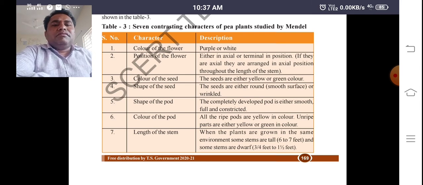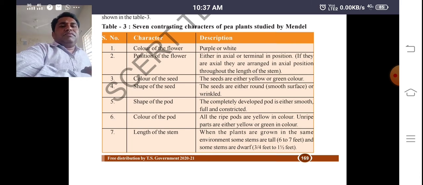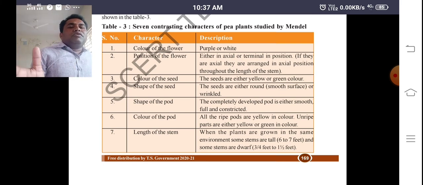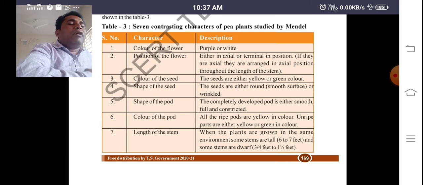సో అదేవిధంగా షేప్ ఆఫ్ ది పాడ్ అంటే మీరు గుర్తుపెట్టుకోండి, ఇక్కడ పాడ్ అంటే ఫ్రూట్. సో ఫ్రూట్ జనరల్గా స్మూత్ సర్ఫేస్ ఉందా లేక మడతలు పడితే ఉందా అనేటువంటిది కూడా. స్మూత్గా అంటే ఎలాంటి మడతలు లేకుండా ఉంటే దాన్ని స్మూత్ అంటాము. అదేవిధంగా కన్స్ట్రిక్షన్స్ అంటే చిన్న చిన్న ముడతలు పడితే ఫ్రూట్ మీద వాటిని కన్స్ట్రిక్టెడ్ అంటాం. అంటే రెండు రకాలుగా ఫ్రూట్స్ ఉంటాయి, స్మూత్ సర్ఫేస్ హ్యావింగ్, కన్స్ట్రిక్టెడ్ సర్ఫేస్ హ్యావింగ్. సో అదేవిధంగా 6th క్యారెక్టరిస్టిక్స్ కలర్ ఆఫ్ ది పాడ్ అంటే ఫ్రూట్ యొక్క కలర్. జనరల్గా మనకి బఠానీలో ఎల్లో కలర్ అండ్ గ్రీన్ కలర్ ఉంటుంది.